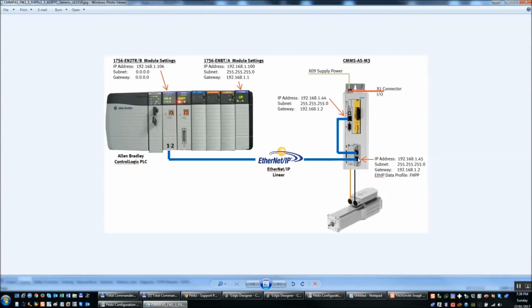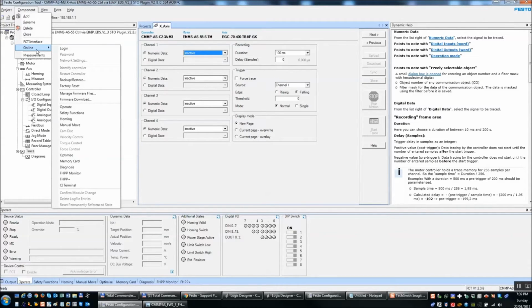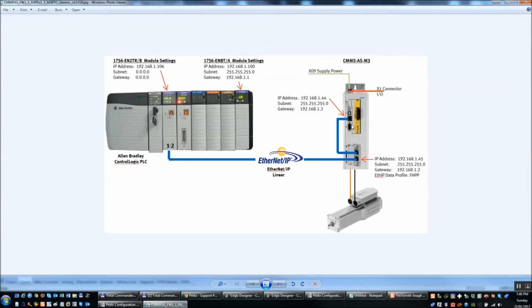to do with this card here, and we've configured everything that's attached to it, and we would basically go online. So how do we go online? Well, I don't have a controller here to go online to. Basically, the first thing you need to do is set up the FCT interface. So the interface is how are you going to download to the controller and communicate to the controller. And the options you have are you have a USB port right here, right above the Ethernet port, and you've got the Ethernet port. So if you've installed the driver for the USB, then you would come in here and